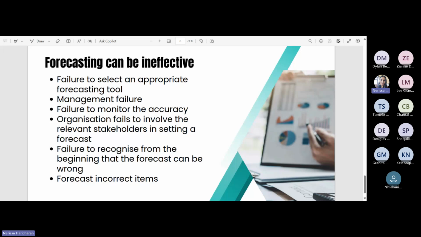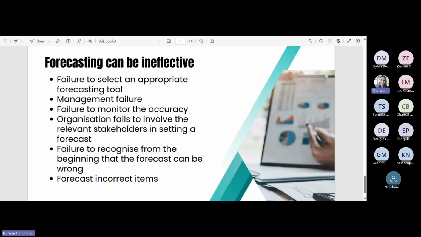Failure to monitor the accuracy. So how we had done the 6 steps previously, if you don't follow step 6, and you don't monitor how accurate that forecast is going to be, then the business cannot improve the forecast. And you are now sitting in a reactive space where you cannot change anything because it's broken, and you've now surpassed the time of where it can be fixed. You now have to start all over again and choose another forecast or redevelop the forecast that you have